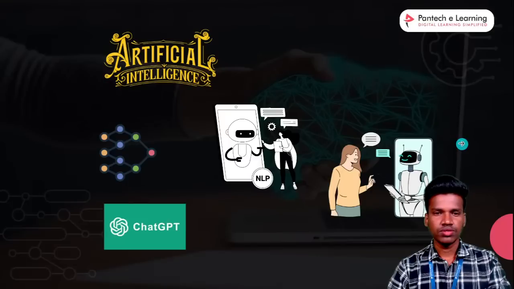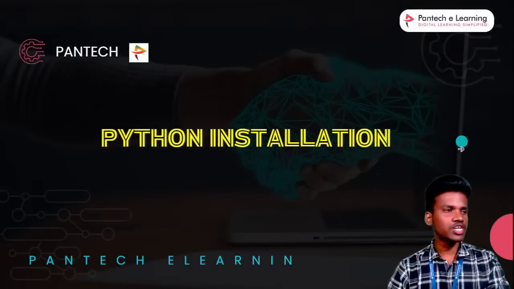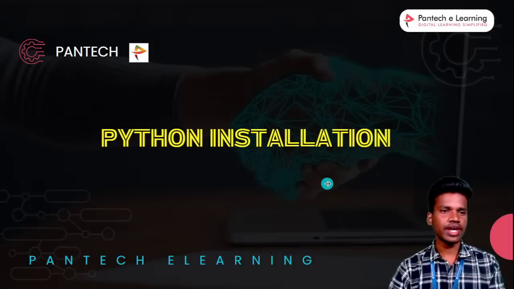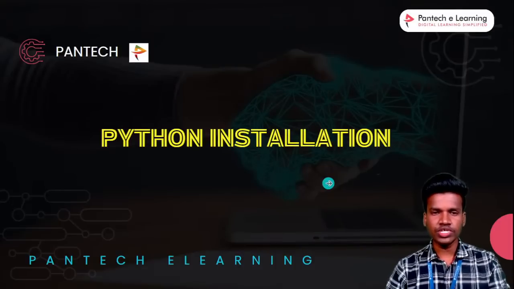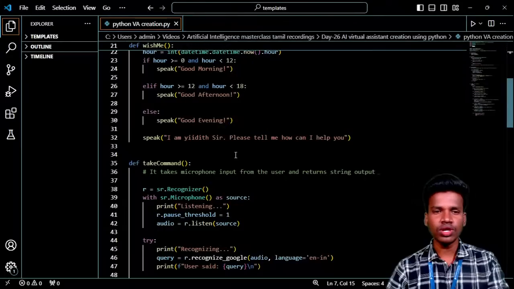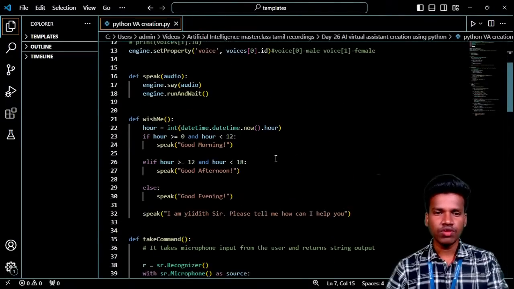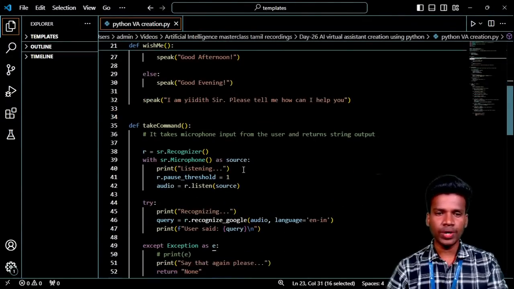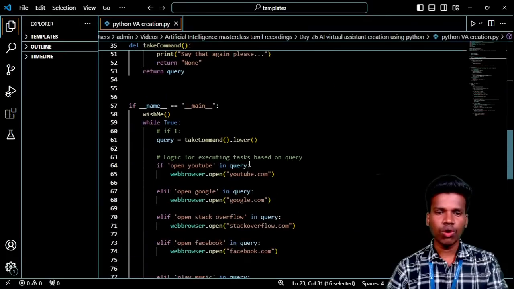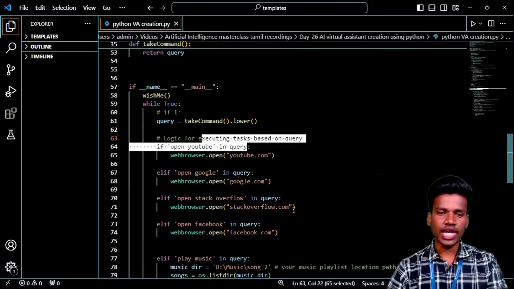Okay. So next one, installation process. No, just creating basic things. It opens web applications and my images, whichever things I mention in this code, that is what it will do, right? So first you will see that first I will greet. Next I will open web applications: YouTube, Google, Stack Overflow, Facebook.